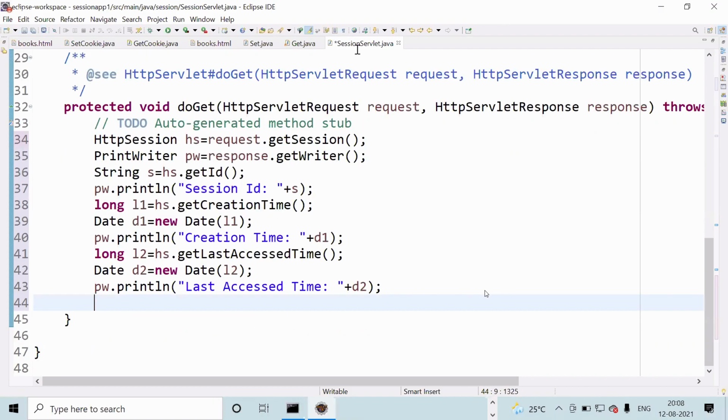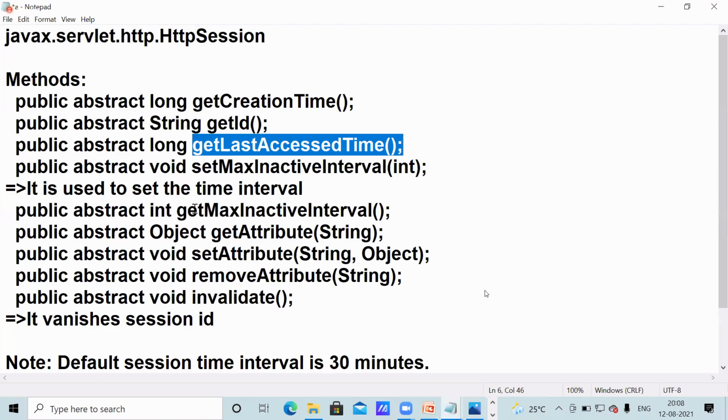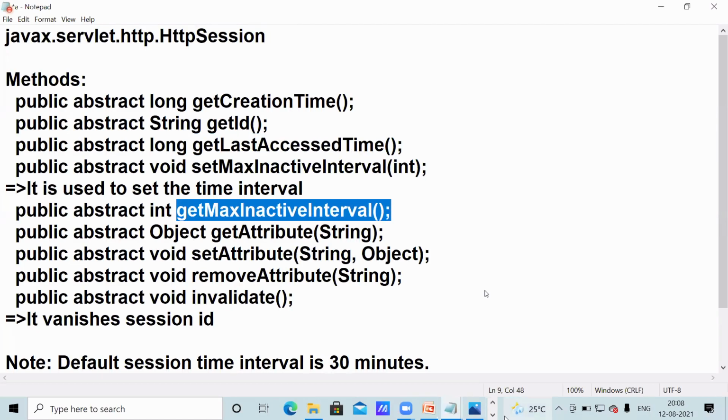So what is the output going to be? Session ID comes, when it is created comes, when it was last accessed comes. Like one more. Here are the methods that I've shown. Here getMaxInactiveInterval. getMaxInactiveInterval.